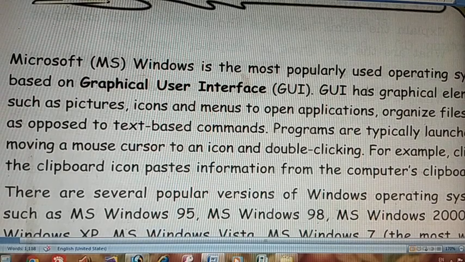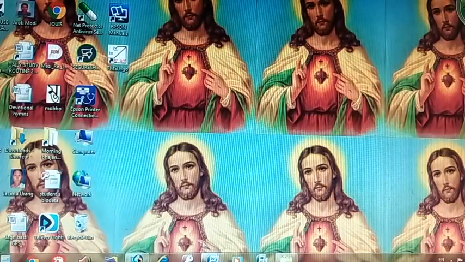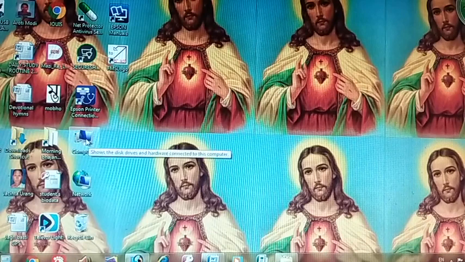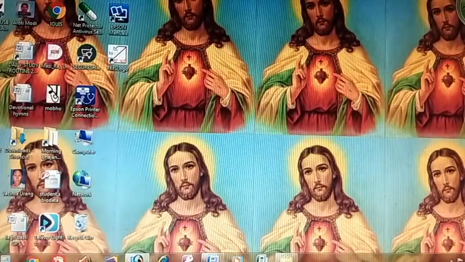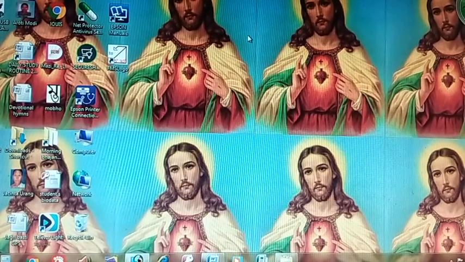For example, here I minimize the Microsoft Word. I can left click. When I double click, I can access my computer icon. Close. And what you can see, this is the desktop. On the screen, we can see many pictures, as we read, such as pictures, icons. These are all icons. This is my computer icon. This is network icon, recycle bin icon. Some are folders, some are files. On the desktop, these are all managed by Microsoft Windows.